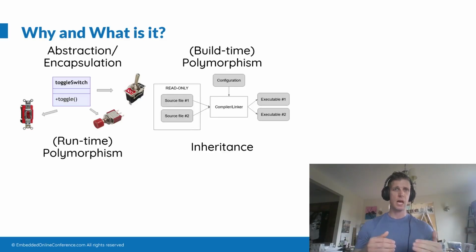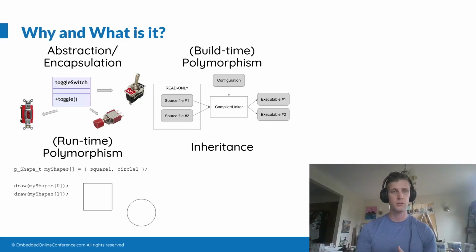Polymorphism is the idea that I can write code which behaves differently under different circumstances. And build time polymorphism is the idea that I can write my source code, my C code, that doesn't really change at all, and provide slightly different configuration information to the compiler or the linker to generate different executables, different binaries that behave differently. Runtime polymorphism is the idea that I want these objects to behave differently while the program